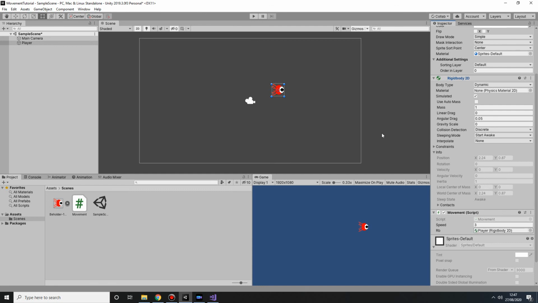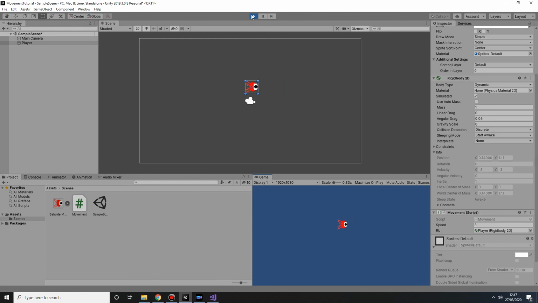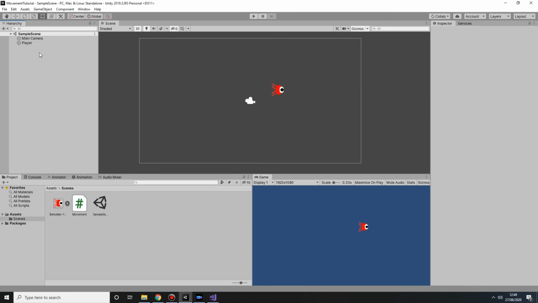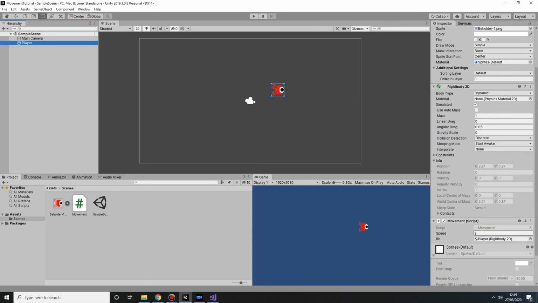Once that's done, go ahead and click play, and you'll be able to find that using the WASD keys and the arrow keys, you are able to move your sprite around. If you want as well, whilst it's playing, you can go to the movement script on it and change the speed to increase how fast it moves around. When you come out of play mode, you will find it is reverted to 3, as that is what you entered in beforehand. So there you go, that's how you can do really simple movement in Unity using the WASD